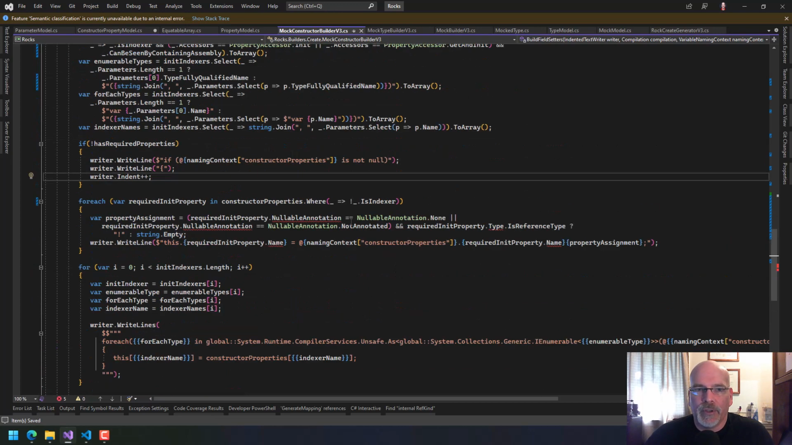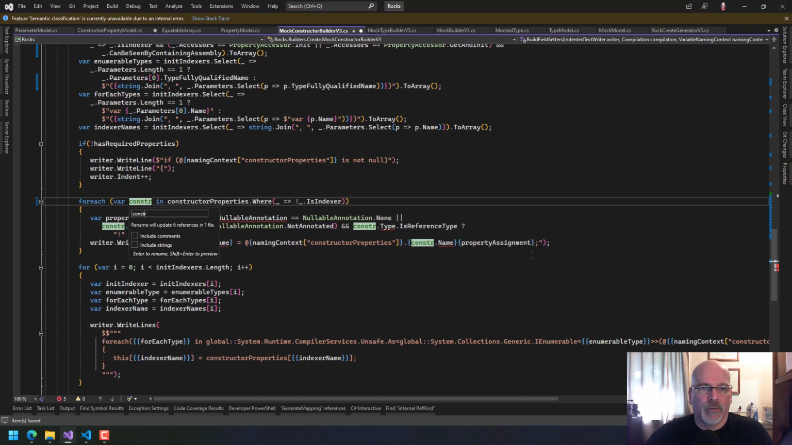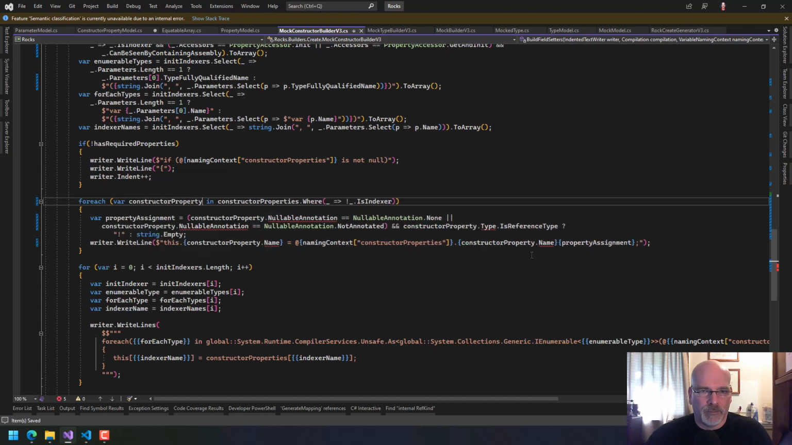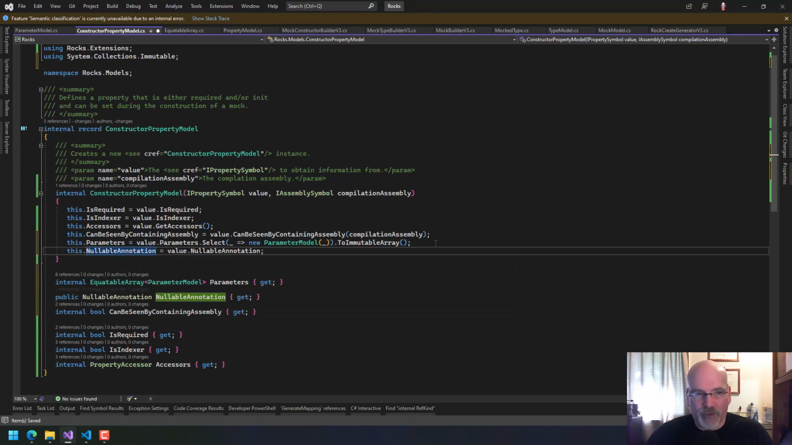which looks like really the only thing is the nullable annotation here. Let's just change this here real quick. There, that reads better. And constructor property model. Nullable annotation is equal to, you going to pick it up? Yes, you are. Look at that. I mean, look at how awesome